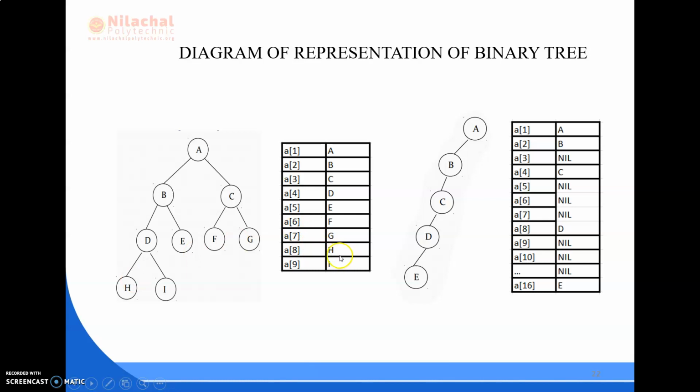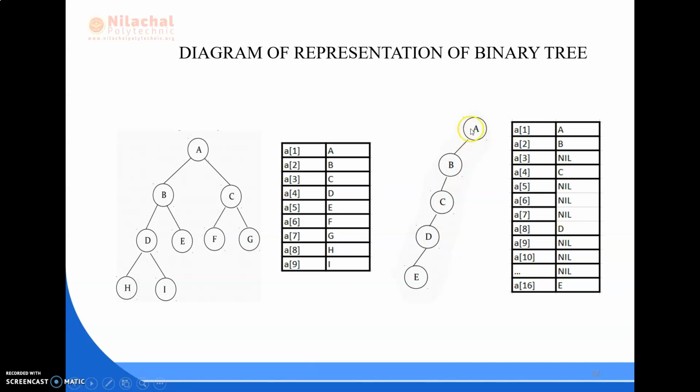So at the 8th position we have H, and at 2 of 4 plus 1, that is the ninth position, we have I, and so on in these cases too.